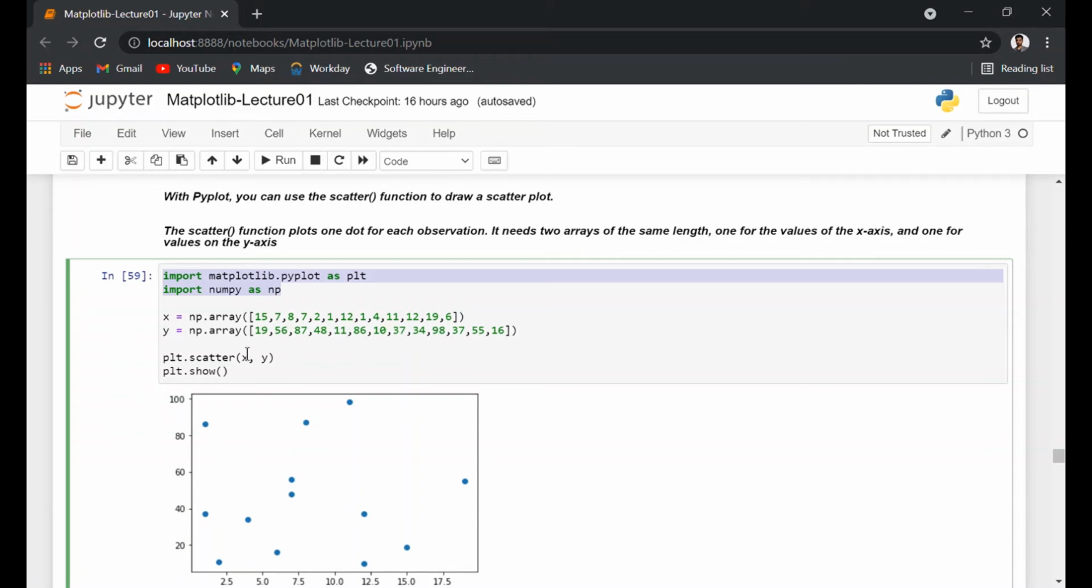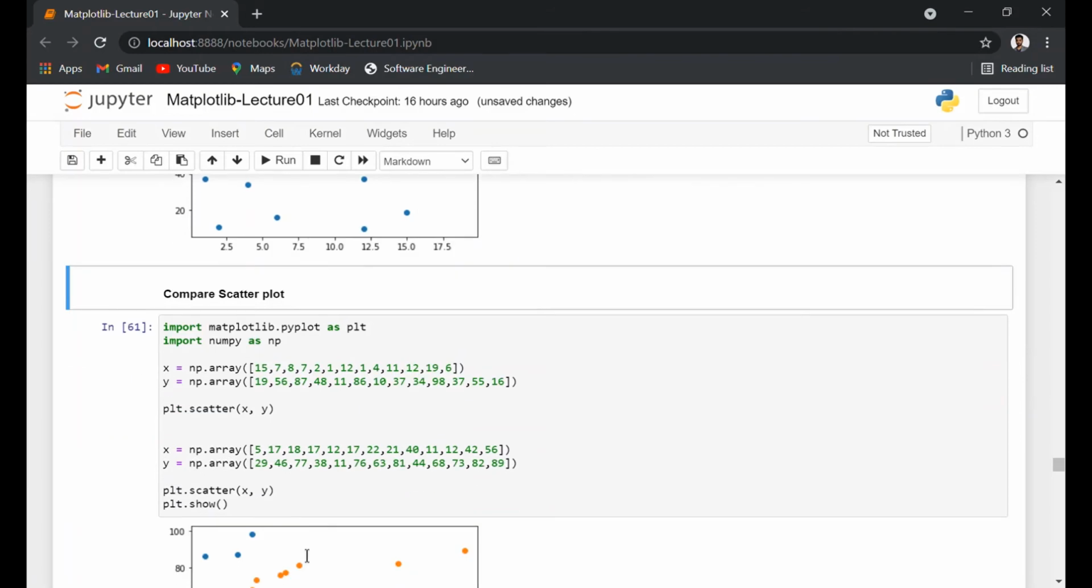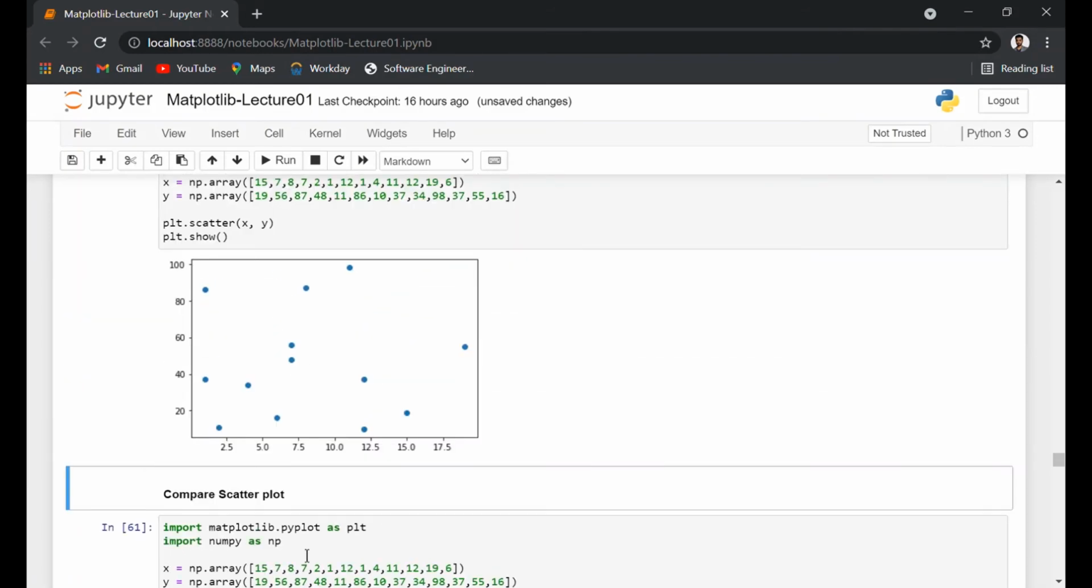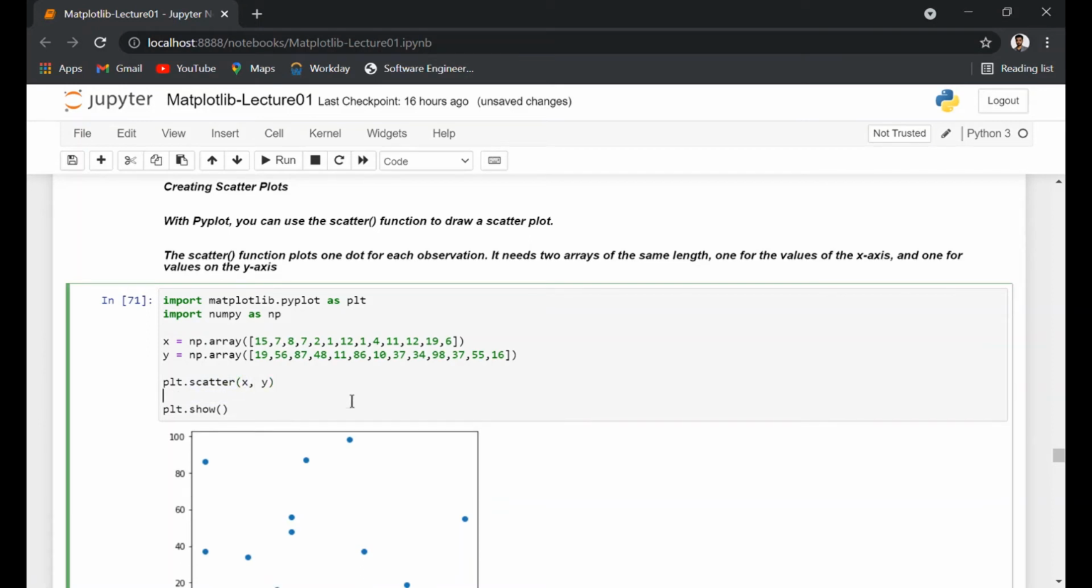Now this is x and y. I'm passing the values here, and I want a scatter here. So let's run it. I'm getting the scatter here. As simple as that. All we have to do is write the function scatter and pass the values. As simple as that. So till now we have looked at plt.plot,